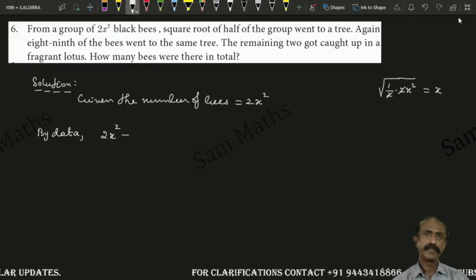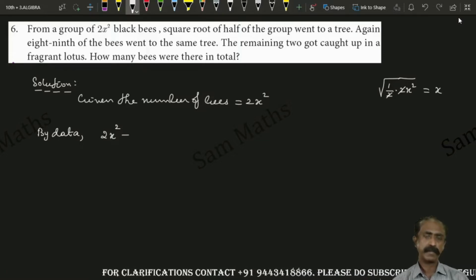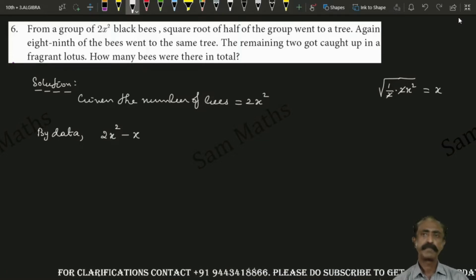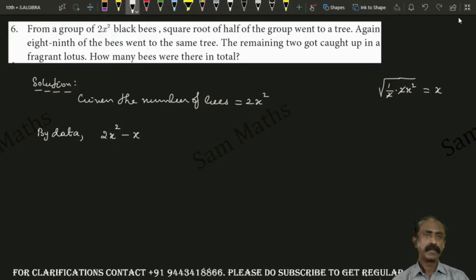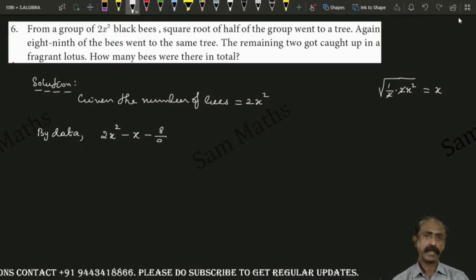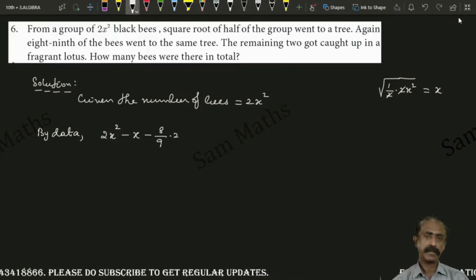Clear, children? Square root of half of the group went to a tree, therefore minus x. Again, minus 8/9 of the bees went to the same tree, that is 8/9 into 2x square, which is equal to